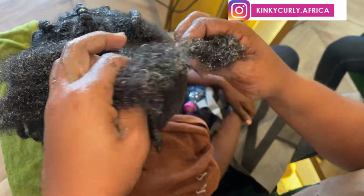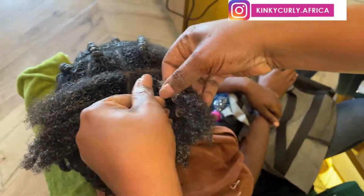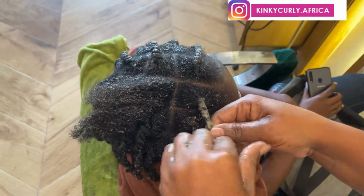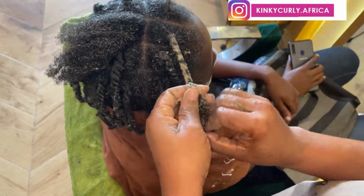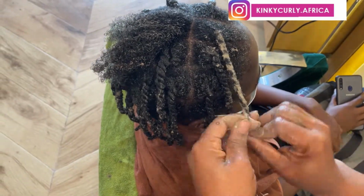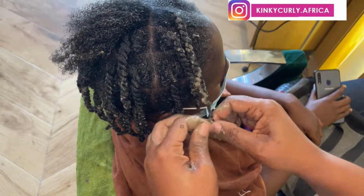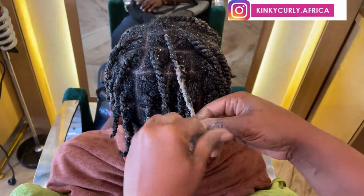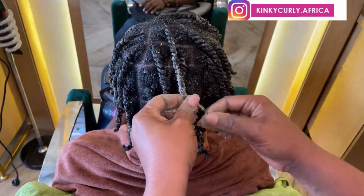And whenever you're not wearing your wig or when you're around the house, try to take off the wig so your scalp can get a little bit more air. Properly saturated with the CHEBE butter, it's looking very soft and supple and a bit bouncy, but when it dries, it's going to be a bit more stiff because of the characteristics of the butter. What most people don't know is that the CHEBE butter tends to dry out the hair, and it's more advised to have your hair tucked away when you're doing this